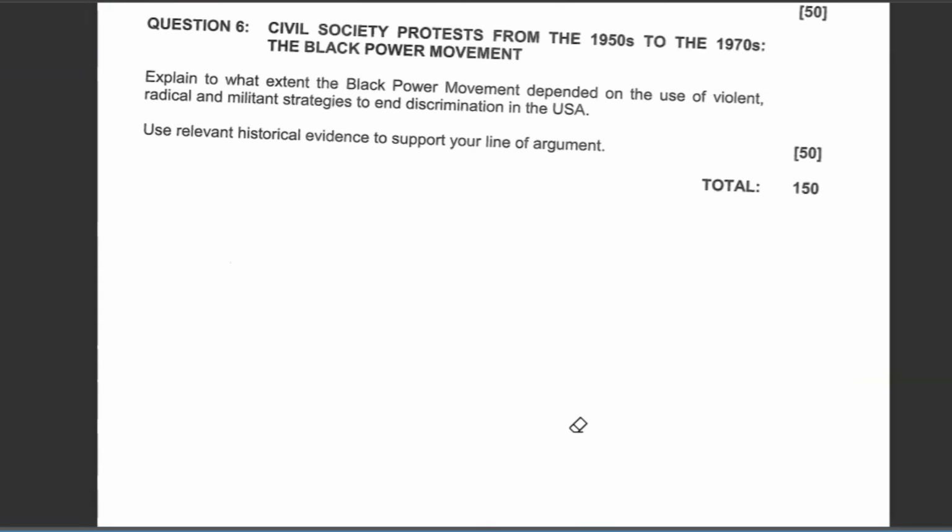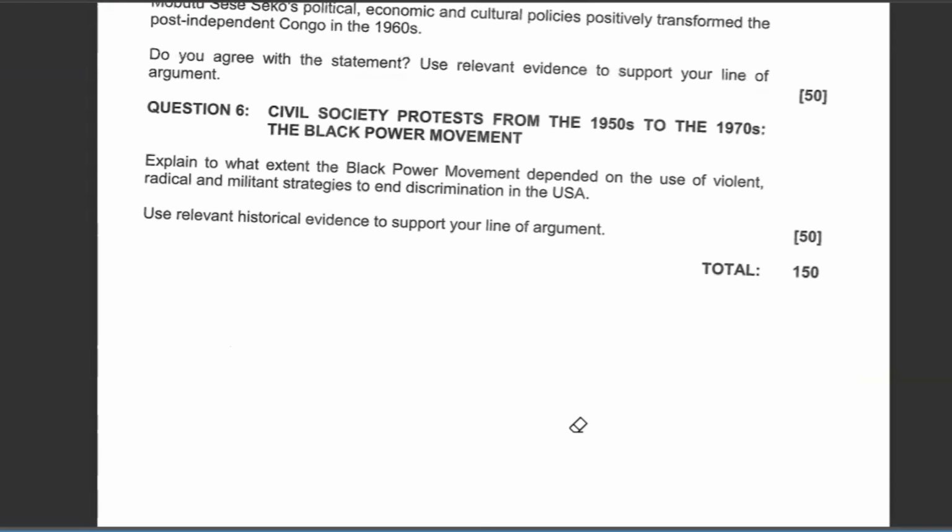This clearly shows that Mobutu did not transform positively the politics of Congo. The fact that he banned other political parties. In a political spectrum, we should allow for democracy. We should allow people to affiliate themselves with the parties of their choice. But given that he has now banned all political parties, then whom are we going to affiliate to, or which leader are we going to choose in case we want to choose a different leader?